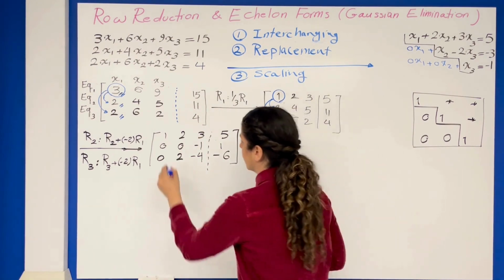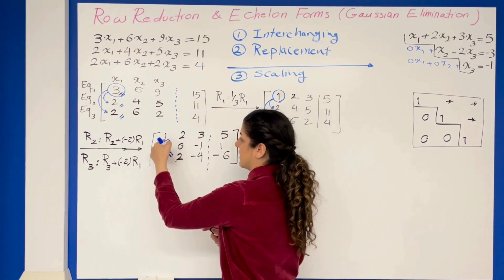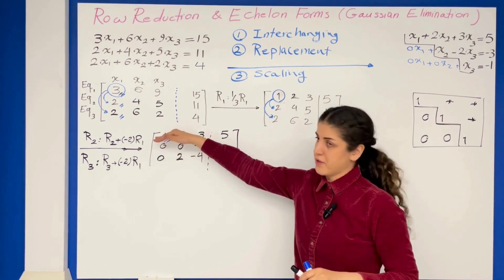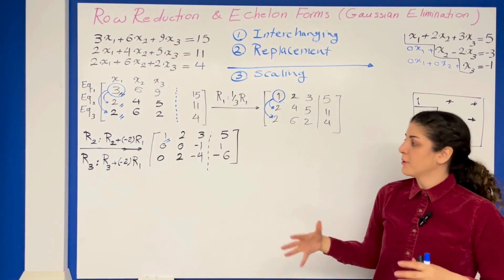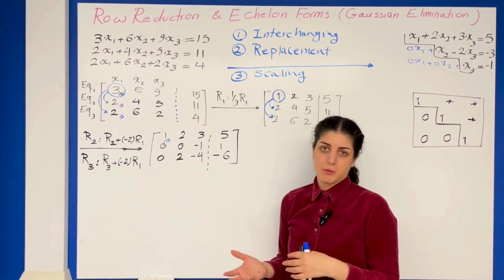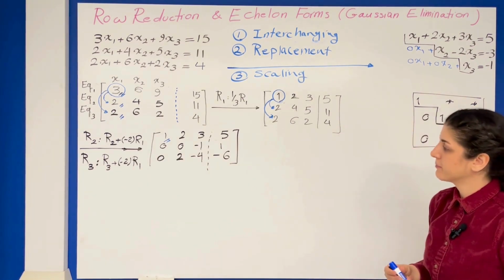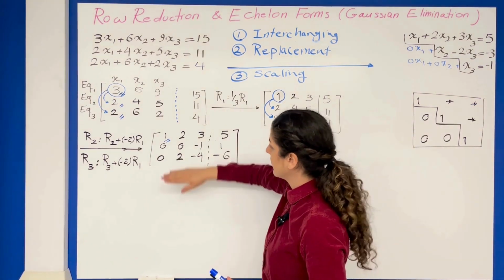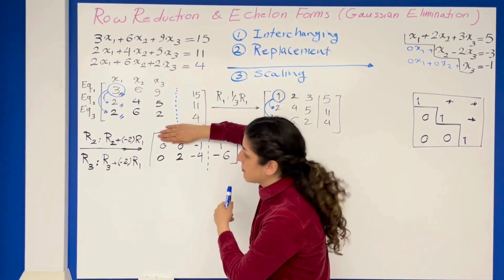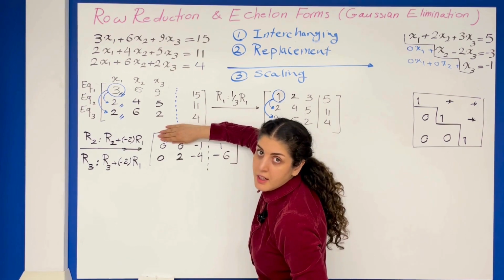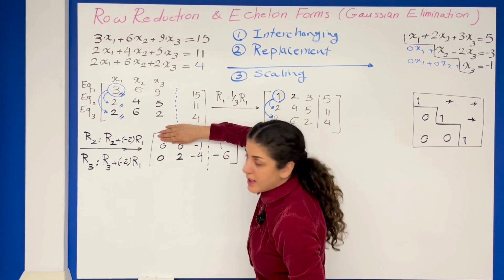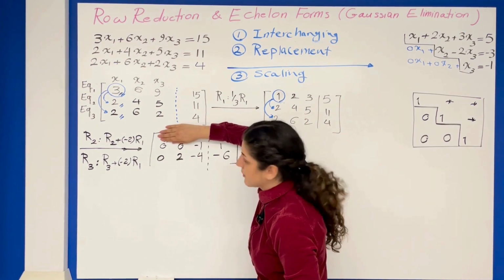All right, so look at this. I have this leading entry, everything under it is 0. So we are done with the first leading entry or the first row. Okay, now we need to repeat this step for the other rows. Okay, again, so for here I look at the rest, right? I look at the other rows, the remaining rows, and pick the one in which the leading entry or the first non-zero entry is closest to the left. So here,